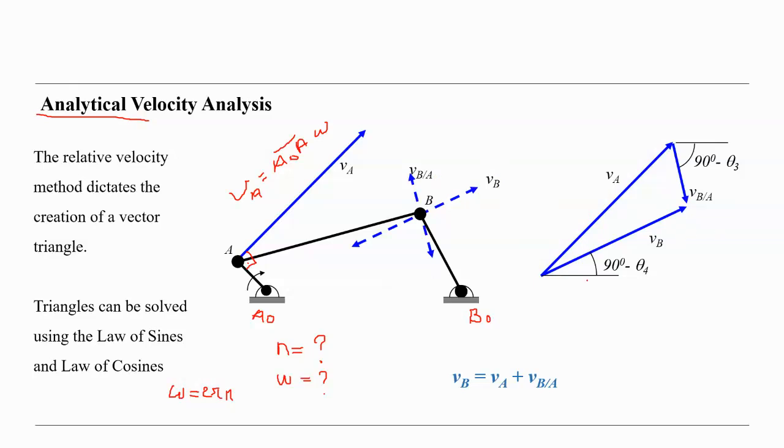So VB, this is the VB here. The direction must be perpendicular to the BB0. And VBA, the relative velocity of B relative to A, must also be perpendicular to the BA. So we know the directions. Drawing the parallel direction lines like this from this point here,